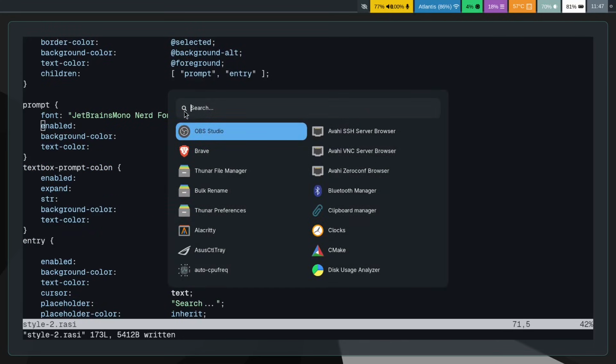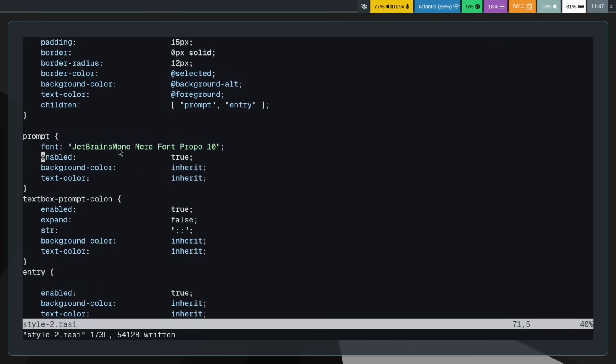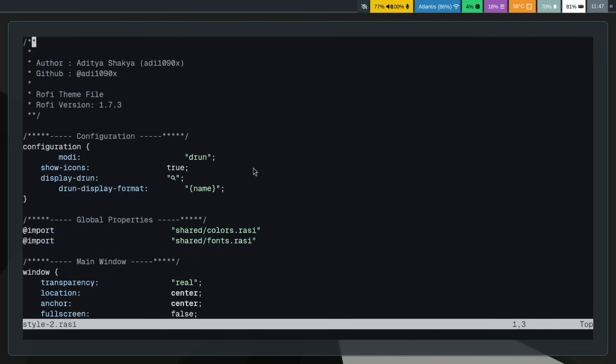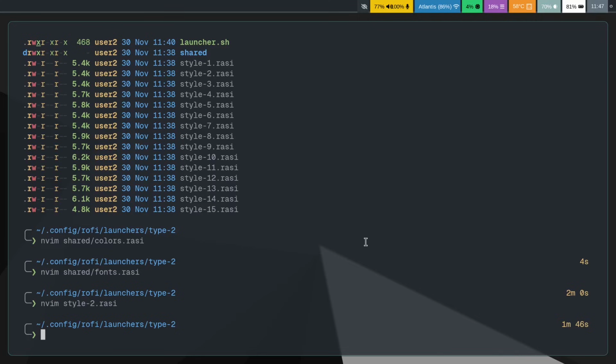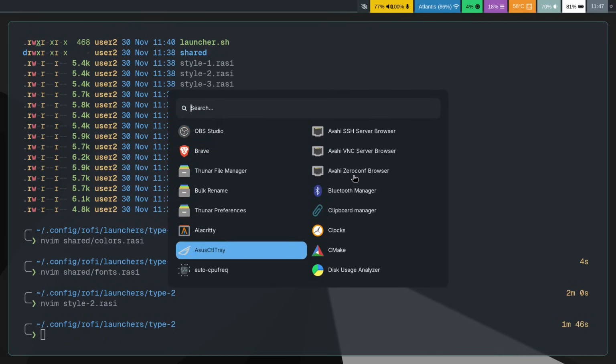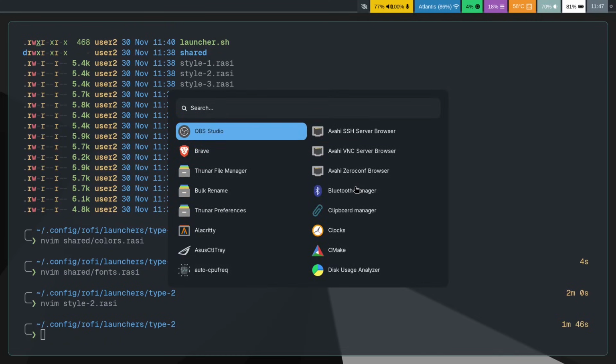Now, if you want to get the font looking properly over here, but you still want the rest of the app to be using the different font, as you can see here, just make sure to change the prompt font to be JetBrains Mono Nerd Font Proper, and then you should be good to go, as you can see here. Perfect. That's it. That is how you can configure Rofi to look absolutely fantastic, even without writing any of the